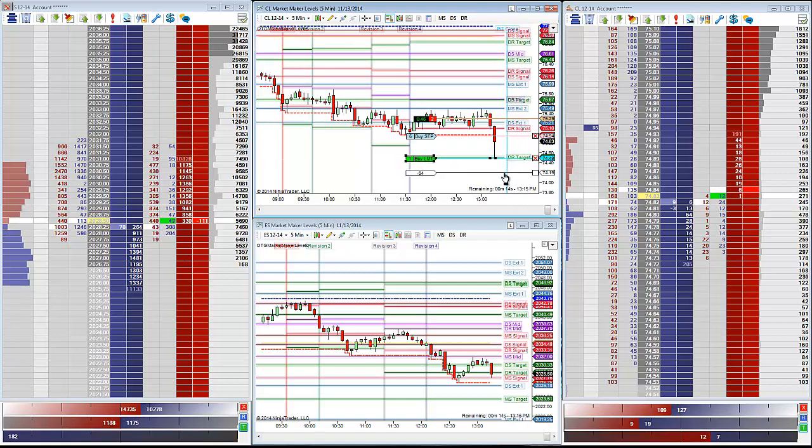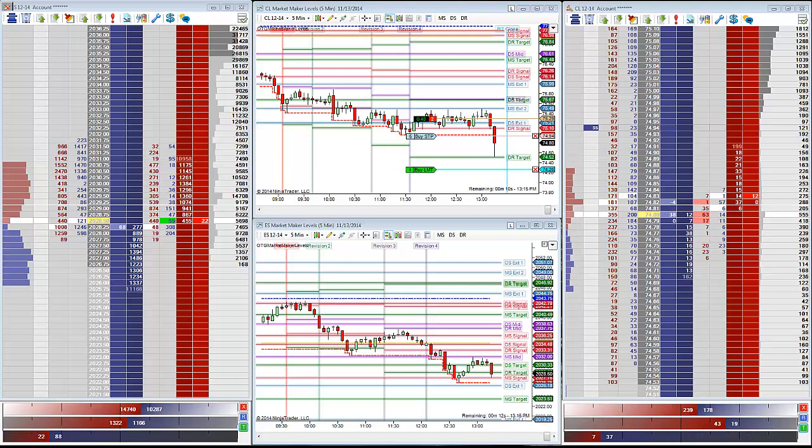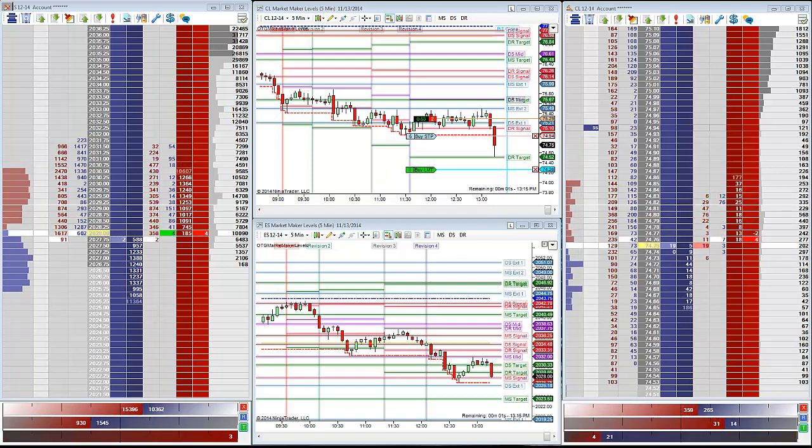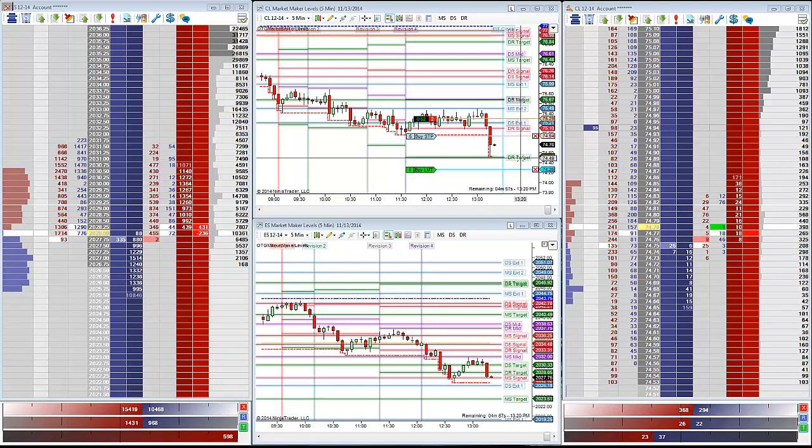I need to see us close here though, below 80. I need to see a close below 80 here. Can you believe that missed my target by 1 tick down there? And that's what happens with these revision targets. They do sometimes only go a tick. But now that we're down here,